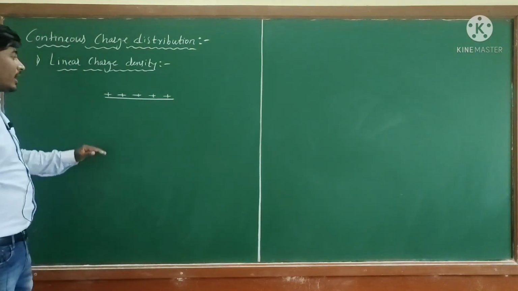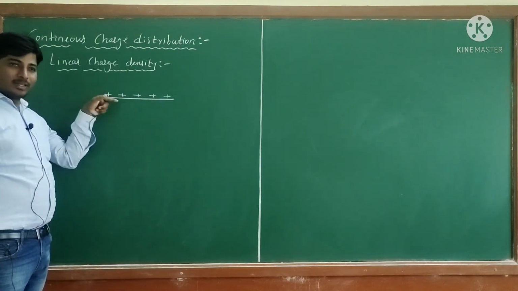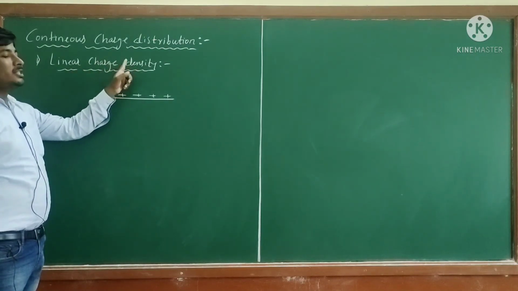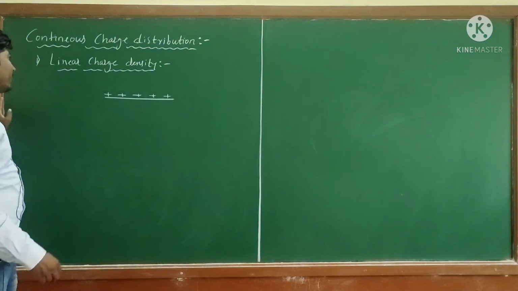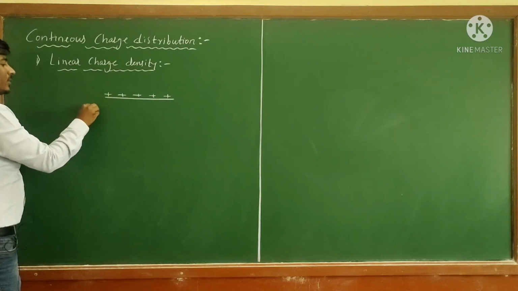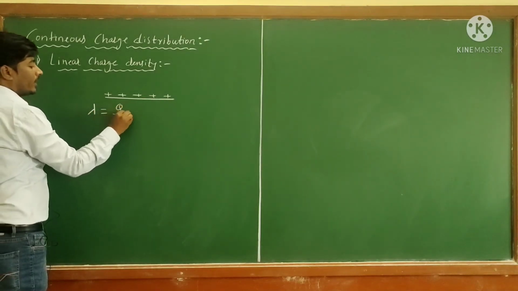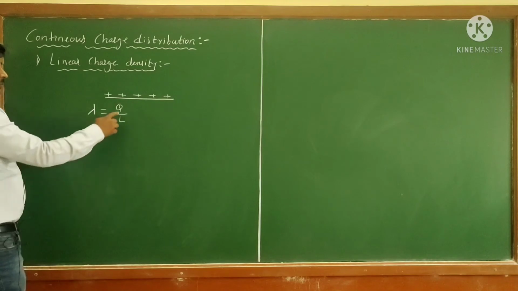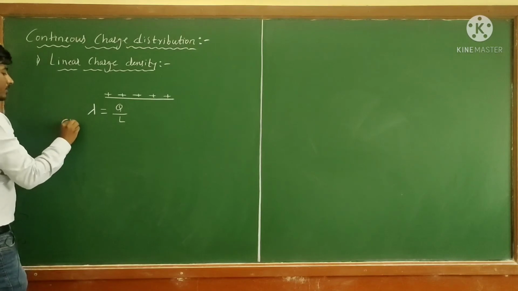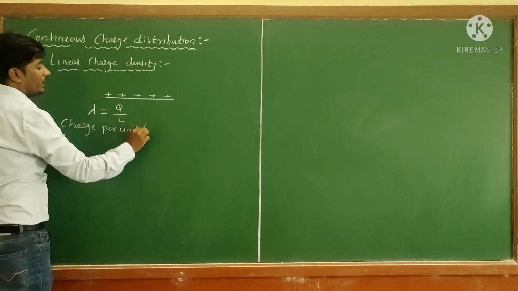When the charges are distributed uniformly along its length, then we call it the continuous linear charge density. And we can define the linear charge density in this way. The linear charge density is denoted by the symbol lambda, which is equal to Q divided by L. Q means charge, L means length. So charge per unit length